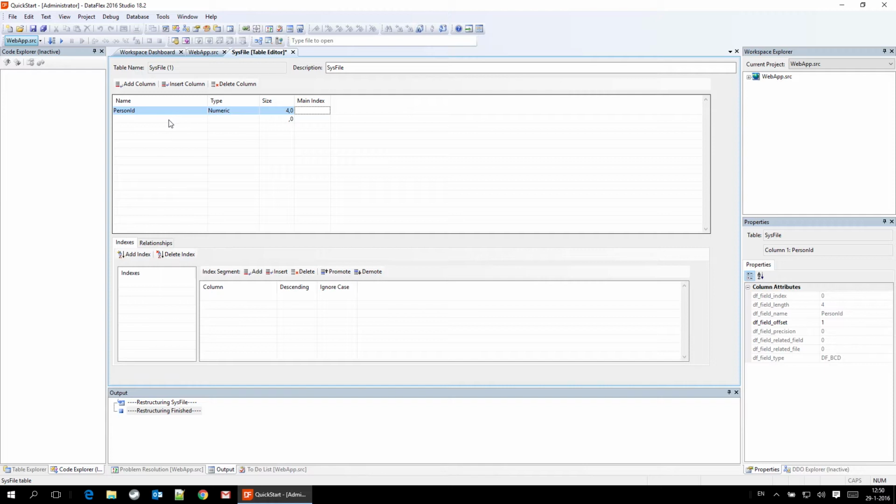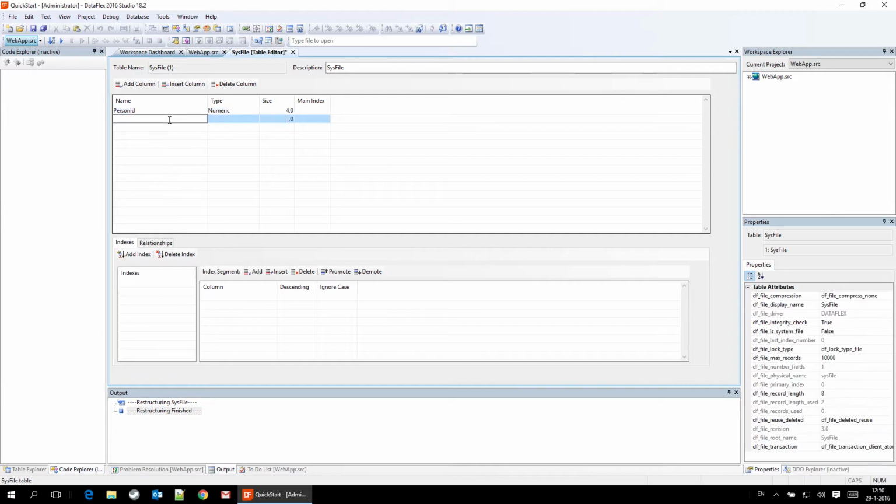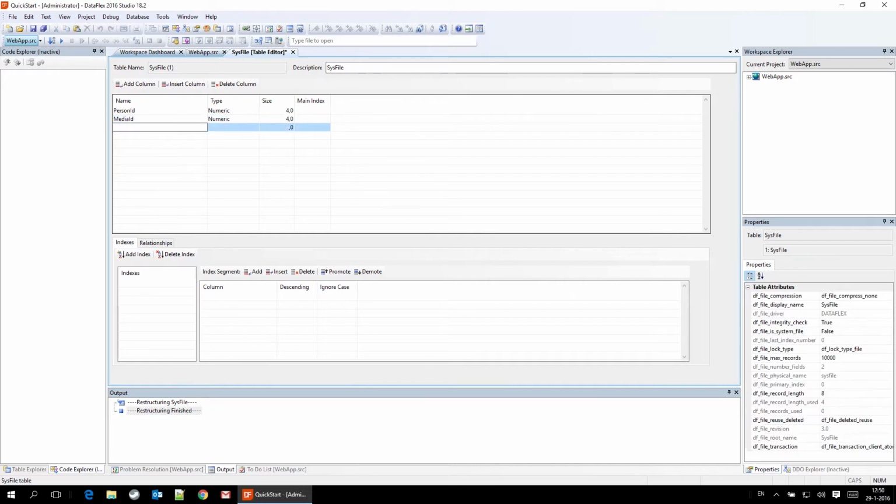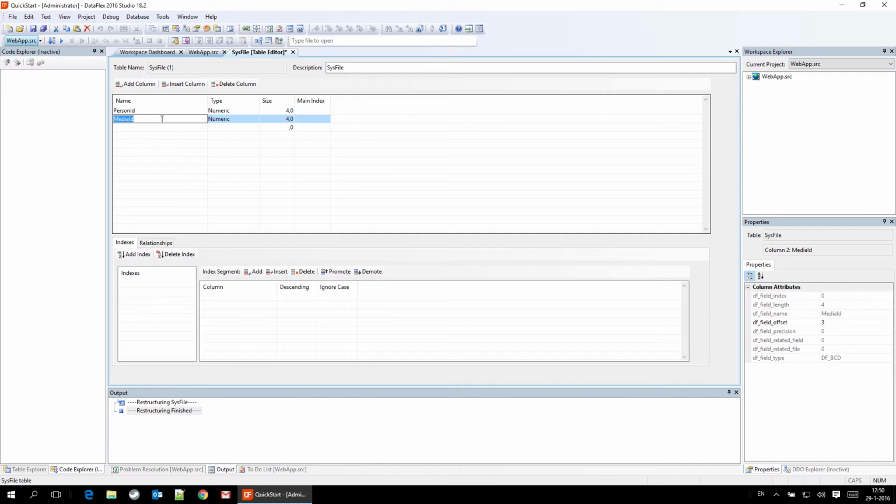4.0 means 4 positions in front of the decimal point and 0 after, so basically a kind of integer. And I also need a field to hold the last media ID and make that also numeric. By clicking on the N, it automatically selects that, and make it 4 positions. Because this is a system file, it can only hold one record, and that should hold the